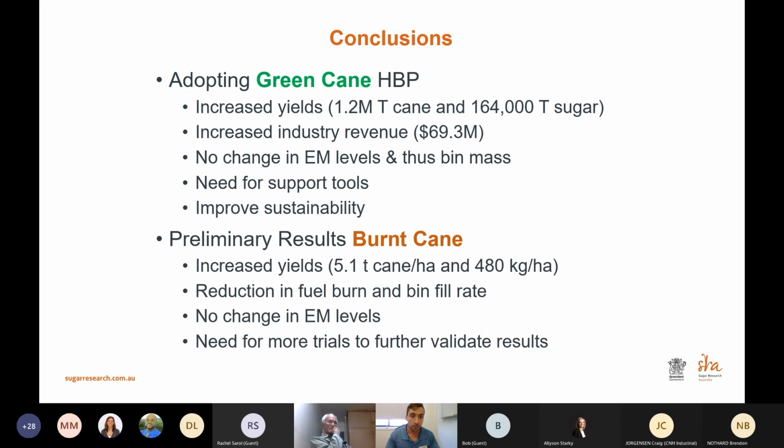The next thing is preliminary results for burnt cane. Preliminary results showed an increase of 5.1 tonne of cane per hectare and 480 kilograms of sugar per hectare, a reduction in fuel burn, and no change in EM levels. This just highlights the need, obviously, for further demonstrations in